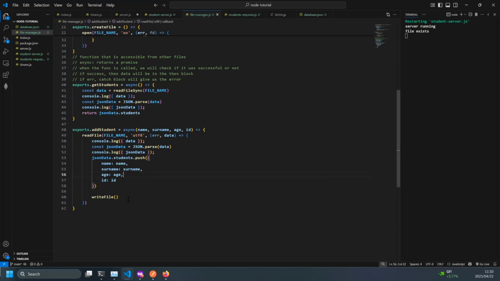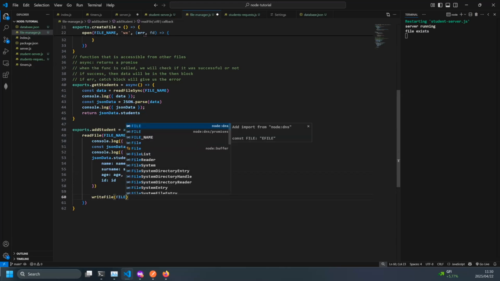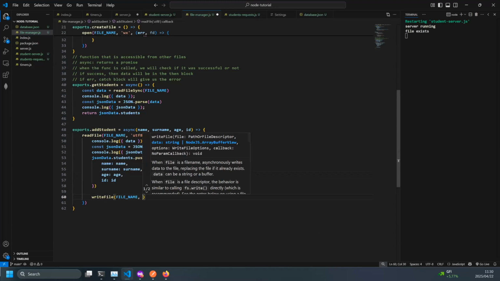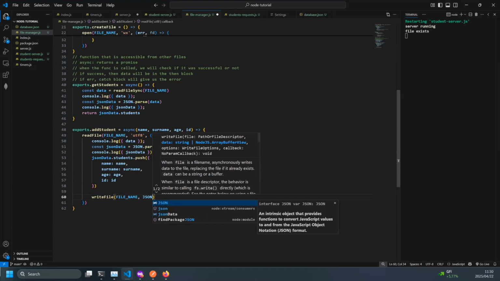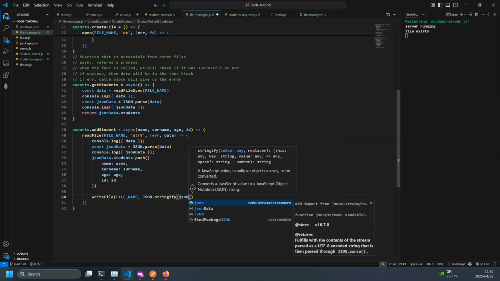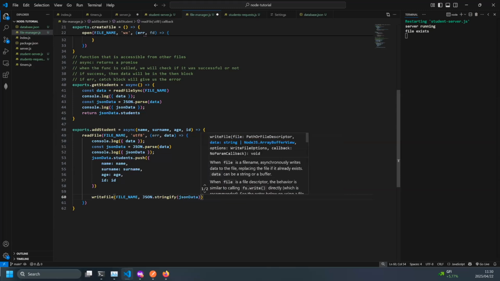So we have that information. Now on the write file, we actually need to specify the file name, otherwise it doesn't know what is happening. So file name, then JSON.stringify our data. Our data is the JSON data. And then